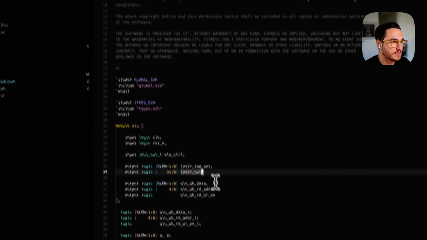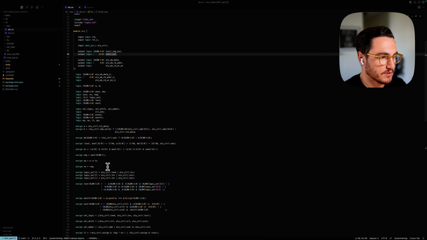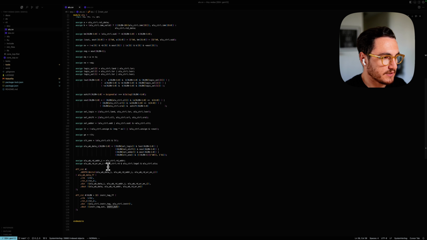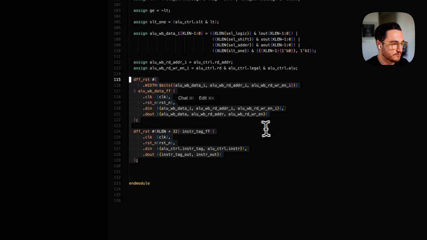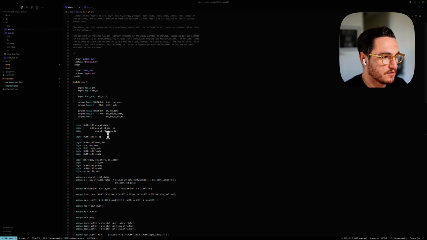So if we go inside the ALU, this ALU has been taken from an open source core that I've worked on in the past because I didn't want to redo the effort. And the only thing that I did was to add the output flops to this module. And what this ALU does, it pretty much implements all the functionalities that are needed for